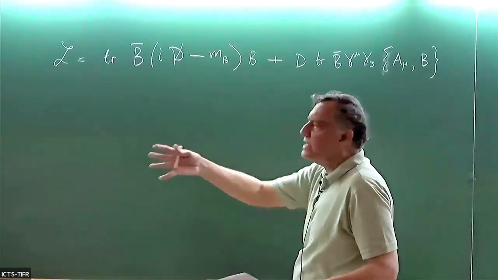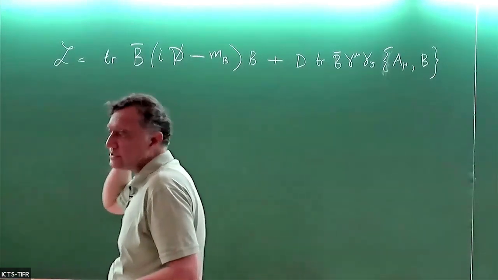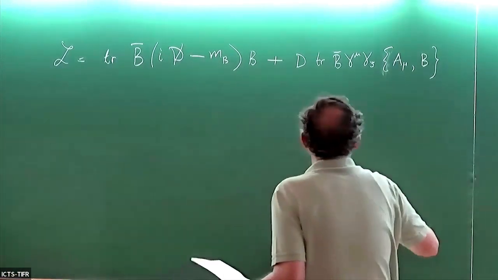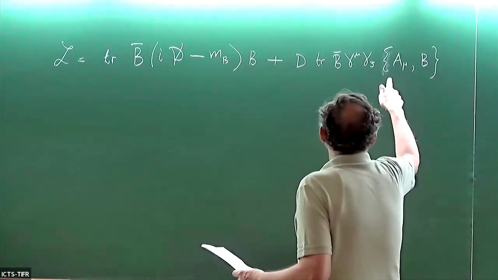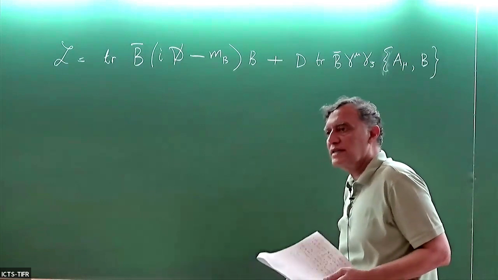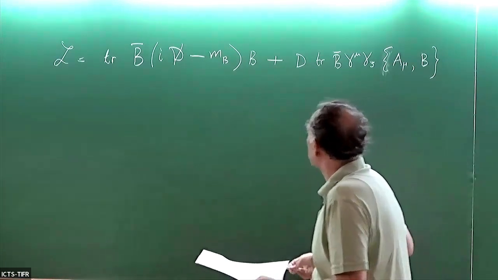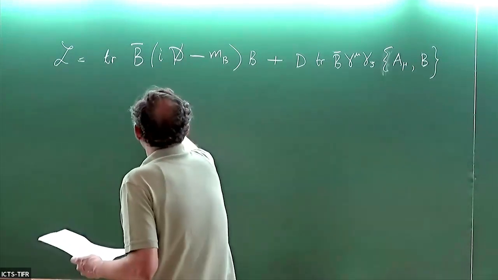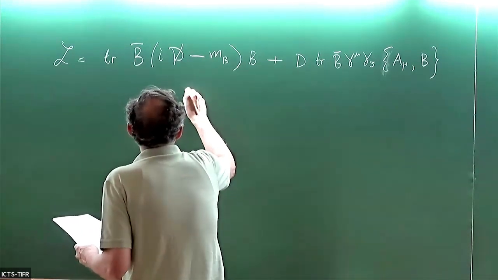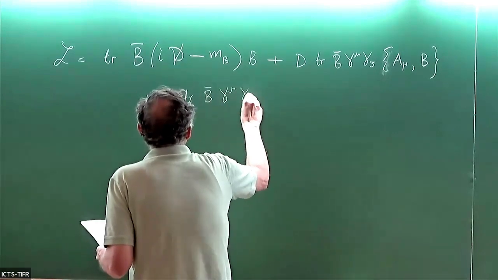So remember that B is a 3 by 3 matrix. These B's and A mu's and V mu's are all 3 by 3 matrices. A mu is an axial vector. You want to conserve parity because the strong interactions are parity conserving. So the EFT has to have the same symmetries, and it preserves parity. And the usual convention for these couplings is the trace of B bar gamma mu gamma 5, A mu